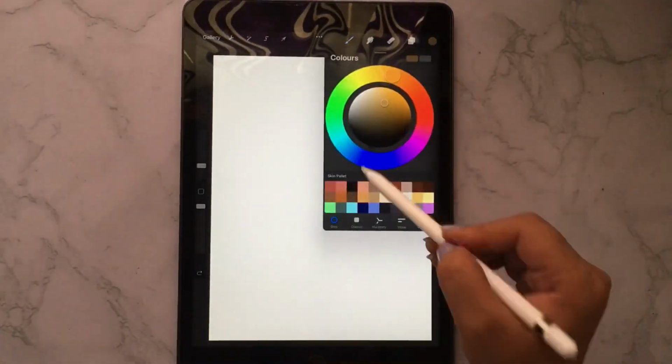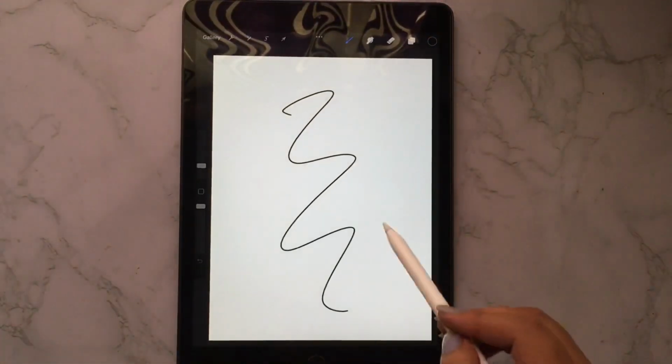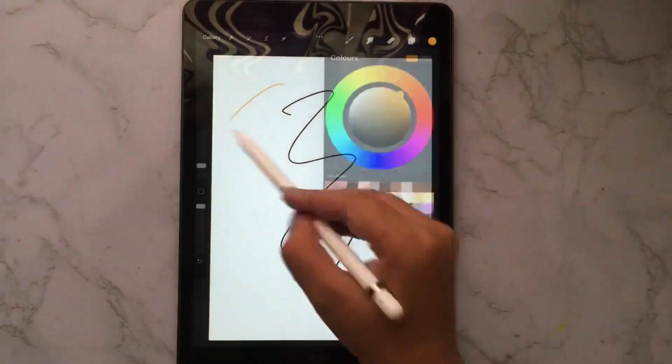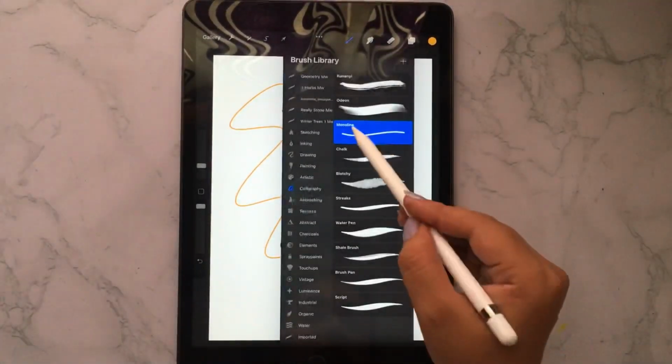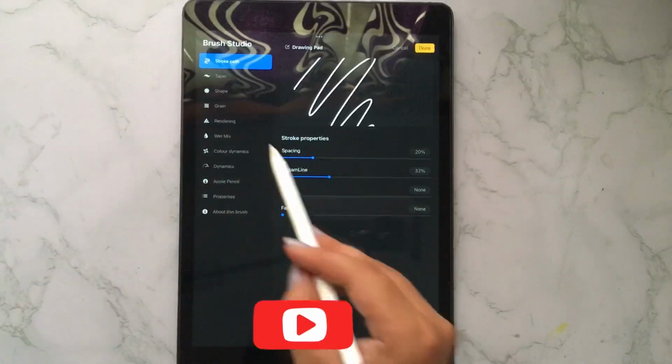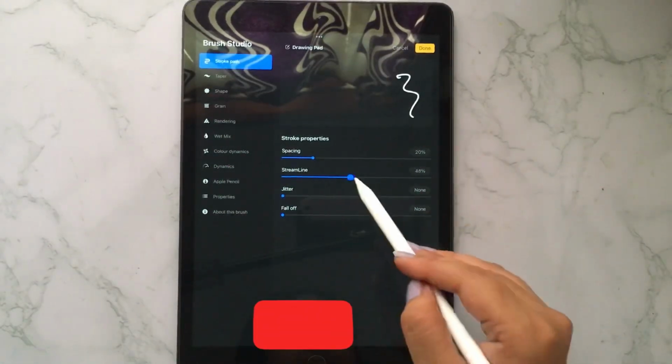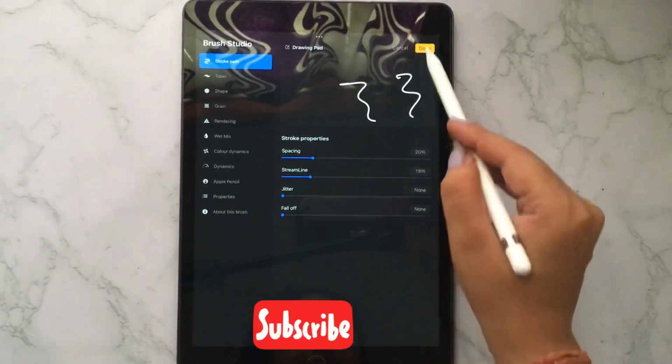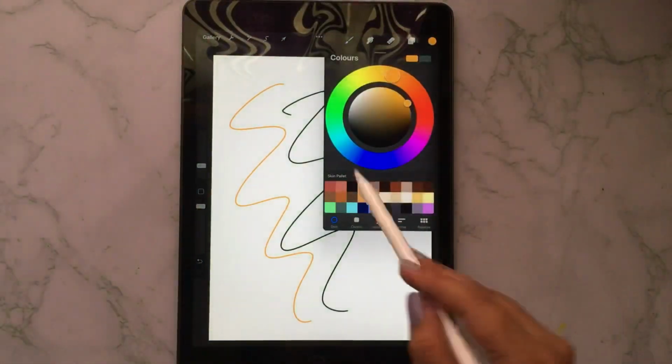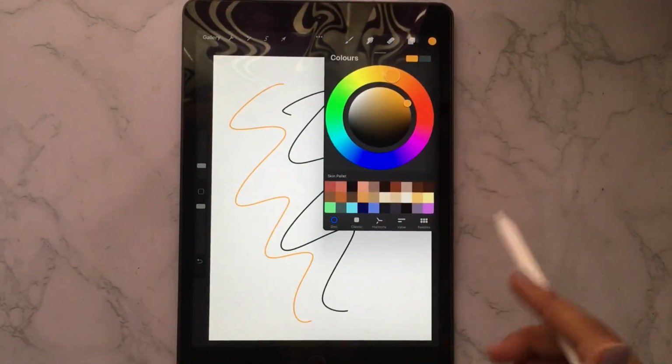Now let's see some of the brushes. I will use monoline brush. See how smooth it goes. You can also change the settings from here, and you will get a color palette and disc like this.